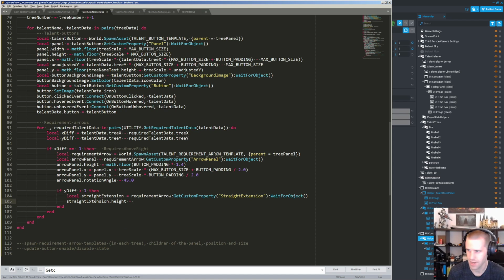All we need to set to it is a constant number, actually, based on the tree scale, because we have this diagonal arrow. And then we extend it to exactly the point where it overlaps the other one in the right way, which is going to take a little bit of math to figure out how big that is. We want it to go